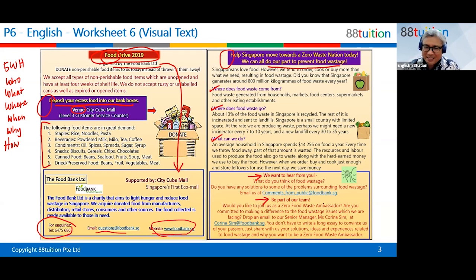So exciting. As an ambassador, would you like to join us as a Zero Food Waste ambassador? So again, how do we do that? You drop an email to the senior manager, and this is the address that you write to. And then what do you have to do in order to join?